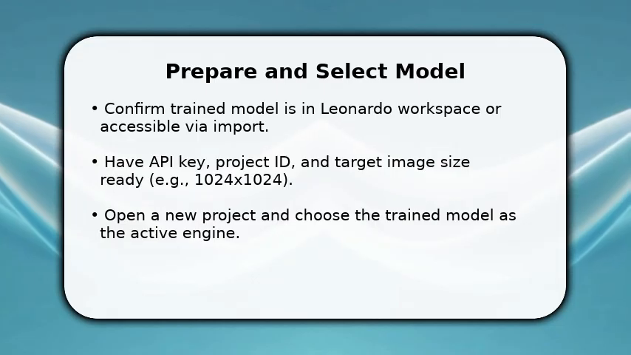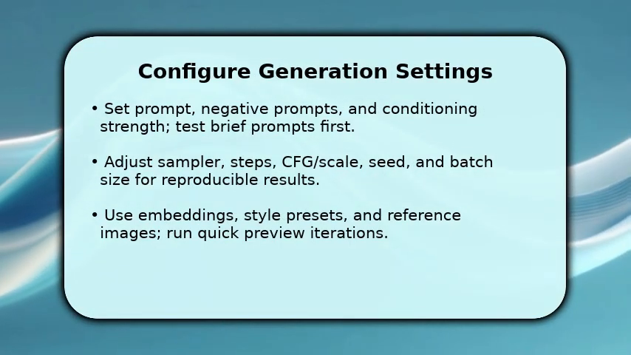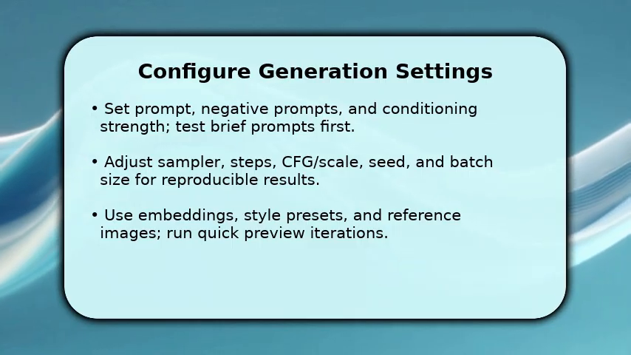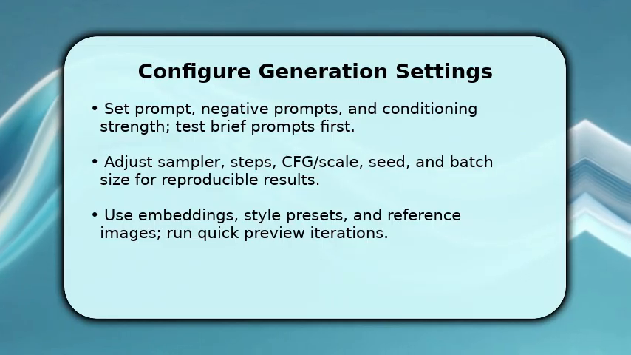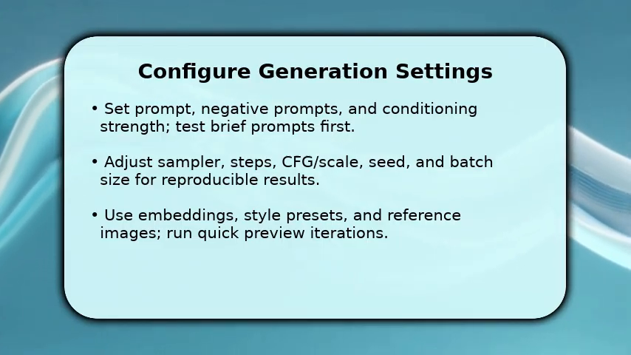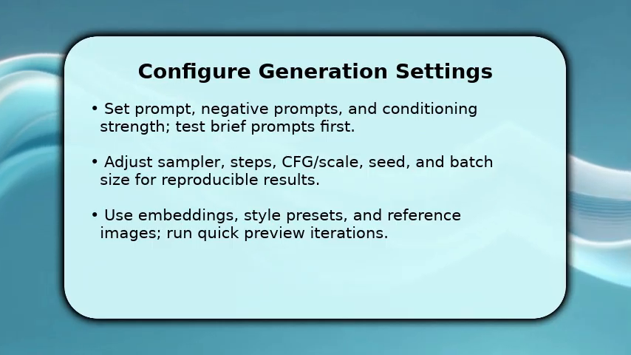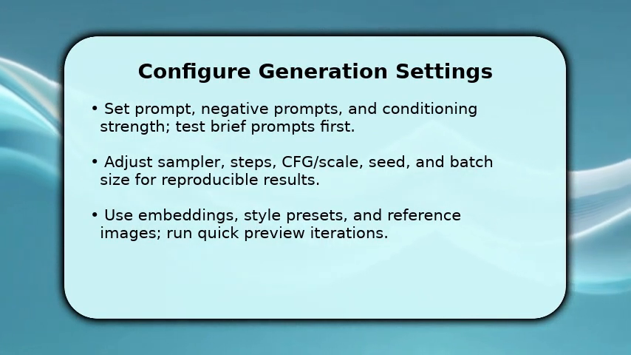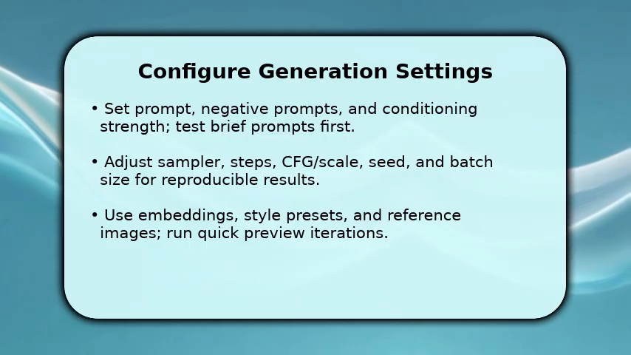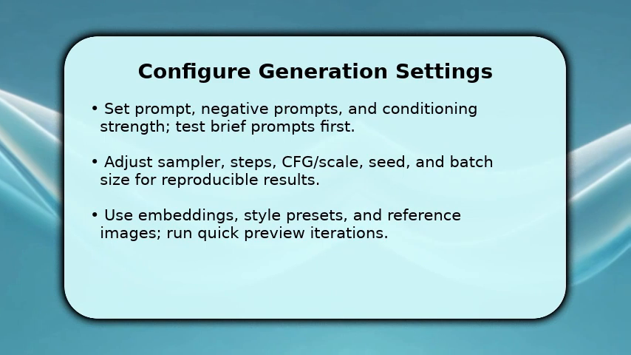You now configure how the model generates outputs, write precise prompts and complementary negative prompts, then set conditioning strength to control influence. Next, adjust sampler type, steps, CFG or scale, seed, and batch size so results are reproducible. Start with a low step count for previews. Once done, add embeddings, style presets, or reference images to bias the model. Run quick preview iterations, compare outputs, and incrementally increase fidelity until the visuals match your intent before committing to full